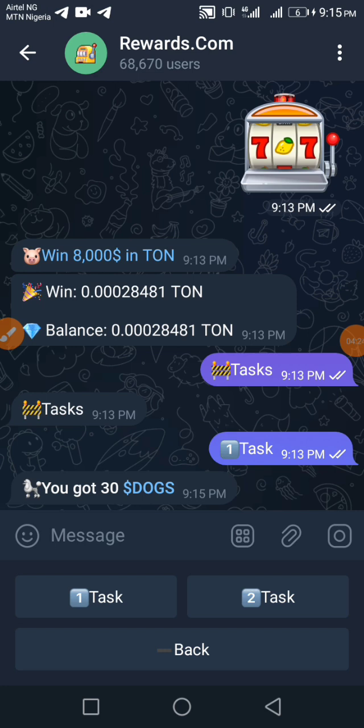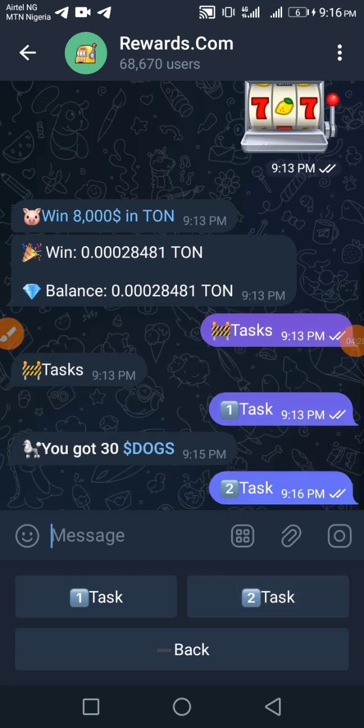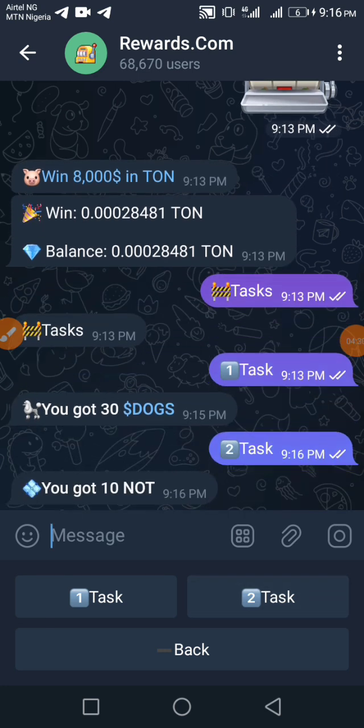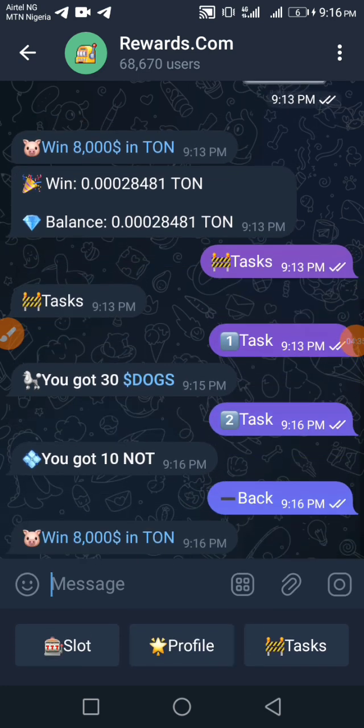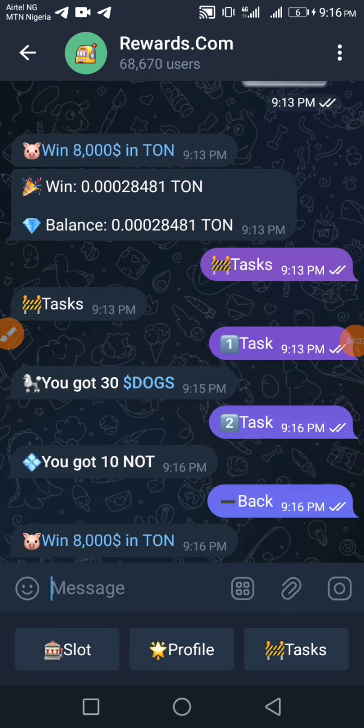You can see that we have completed task one, so let's go ahead and complete task two. In task two, I earn 10 notcoin, and this 10 notcoin I can easily withdraw. Most of you will be asking whether the tokens I'm earning can be withdrawn. Yes, you can easily withdraw them. Remember, this is my balance, the amount of toncoin which I have. To withdraw your toncoin, your notcoin or your dogs, go ahead and